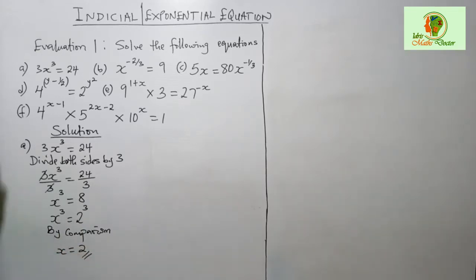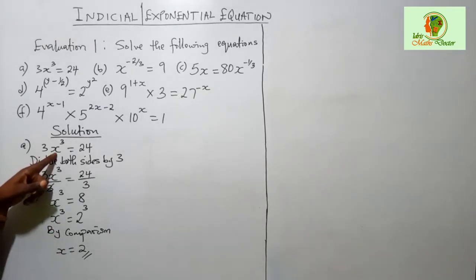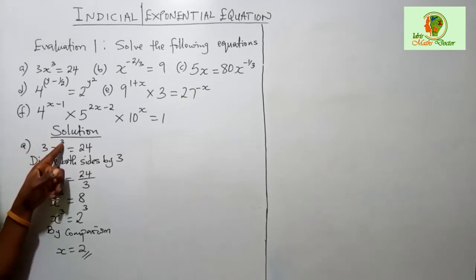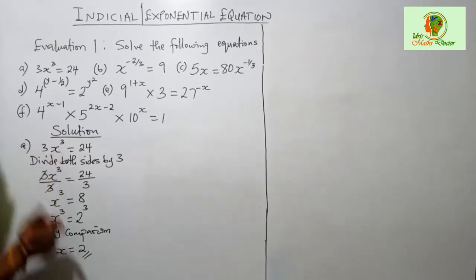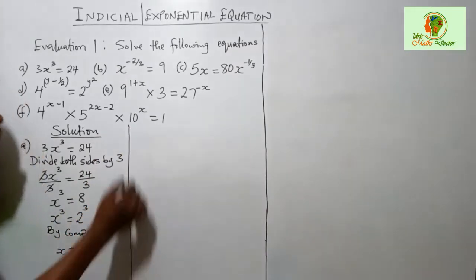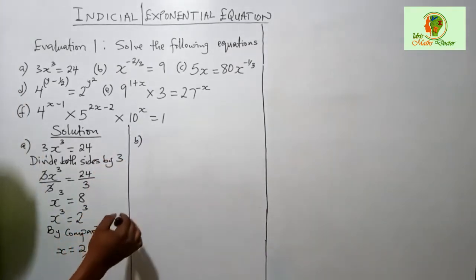That is the answer. You can check whether you are right or wrong. How? When you pick these two and substitute it here, it becomes what? 3 times 2 raised to power 3. 2 raised to power 3 is 8, and when you multiply by 3, that will give us 24. Okay. B, we have